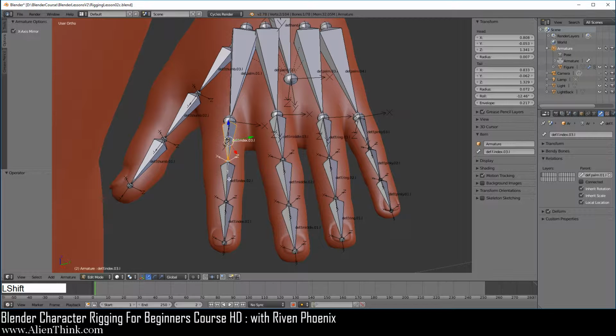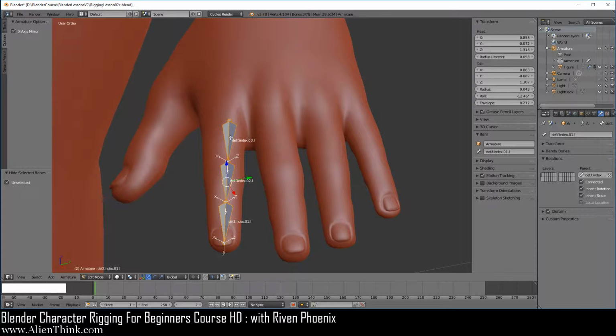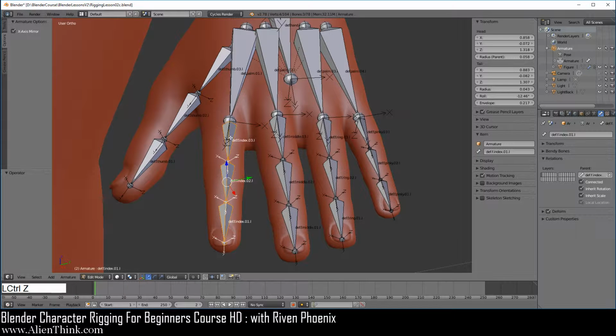Now if you press the Shift key down, click on this one, click on this one, do Shift H, you'll notice that it doesn't deselect it. Okay? So now do Control Z to bring this back, or you can do Alt H. Do A to deselect. Go ahead and click on this and click on connected.